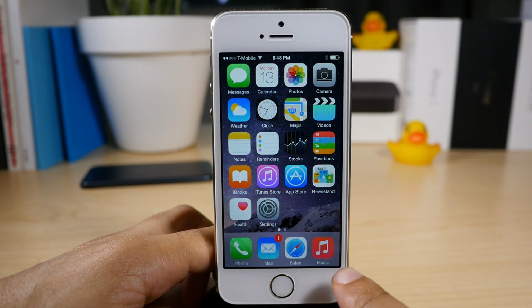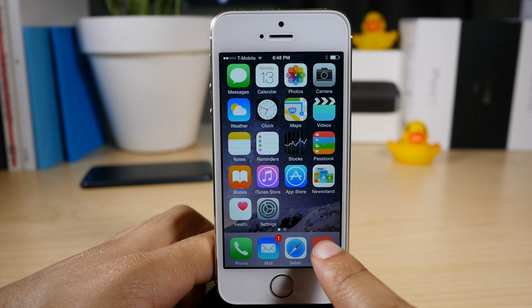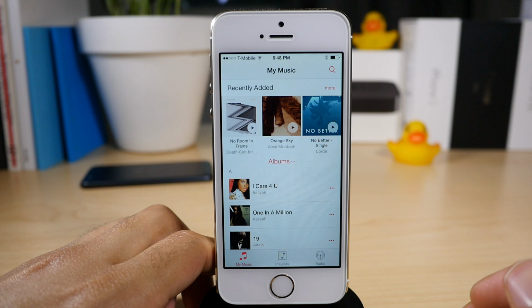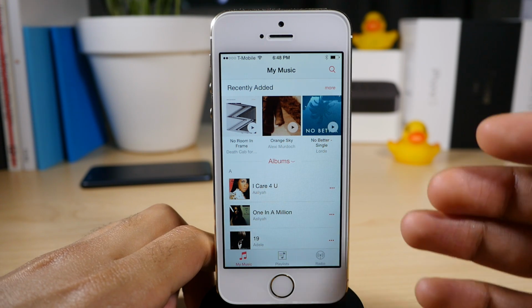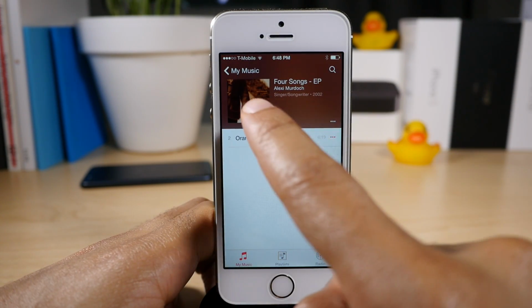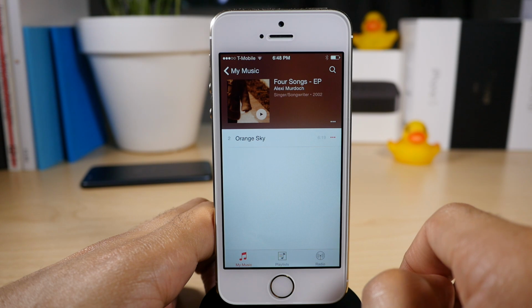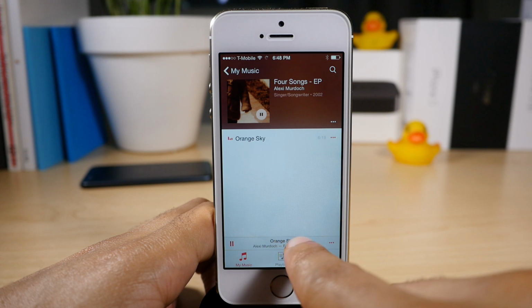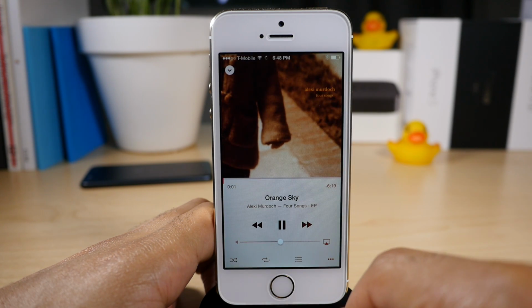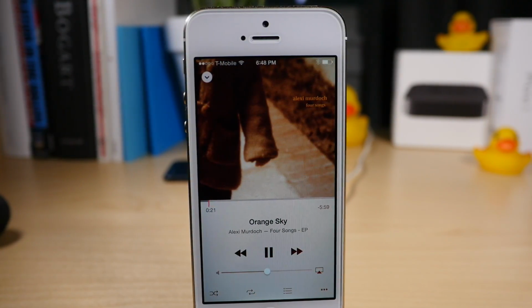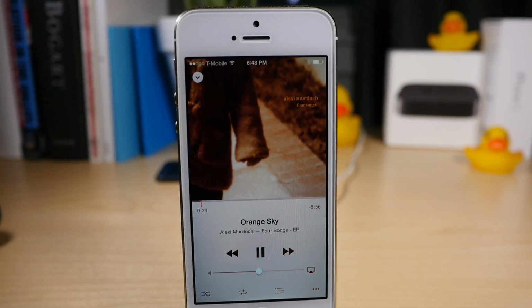I just got my hands on the iOS 8.4 beta and it comes with a brand new redesign, reconfigured music app, and it is truly different than any music iteration we've seen thus far from Apple. It has quite a few new features, up next support, which is awesome, brand new now playing screens, new artist artwork, and it just looks a lot better than the old music app and functions a lot better. You have a mini player, as you see here, that you can access. So let's just step through some of the main features of this new redesign for iOS 8.4,